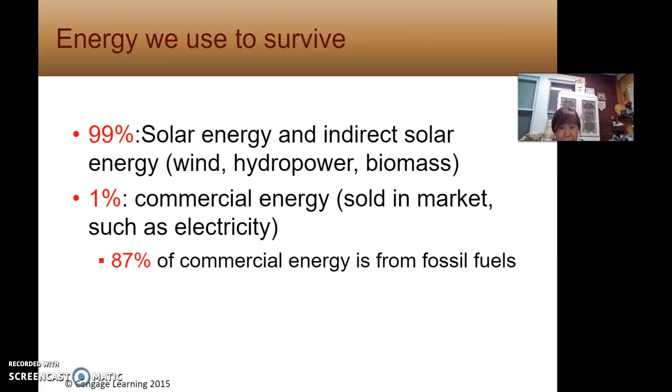This slide has several important numbers you need to know. Okay, so the energy we use to survive, mainly where does it come from? Remember this: 99% comes from solar energy. Not only the solar